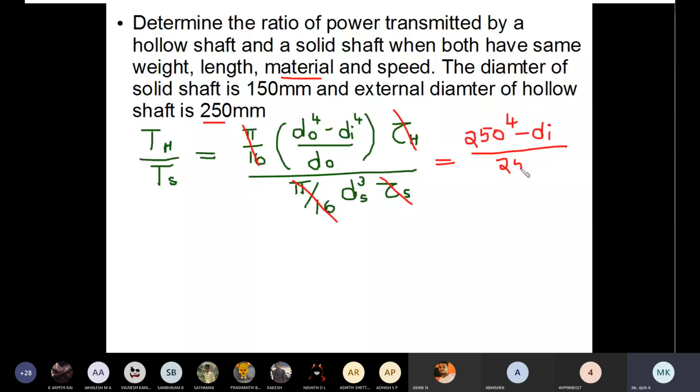This is for the hollow shaft, and for the solid shaft the diameter is 150. That means ds is 150. So in the entire equation, di is unknown. If you find the value of di and substitute it in this equation, you will get the final required answer. So to calculate di, what I will do is